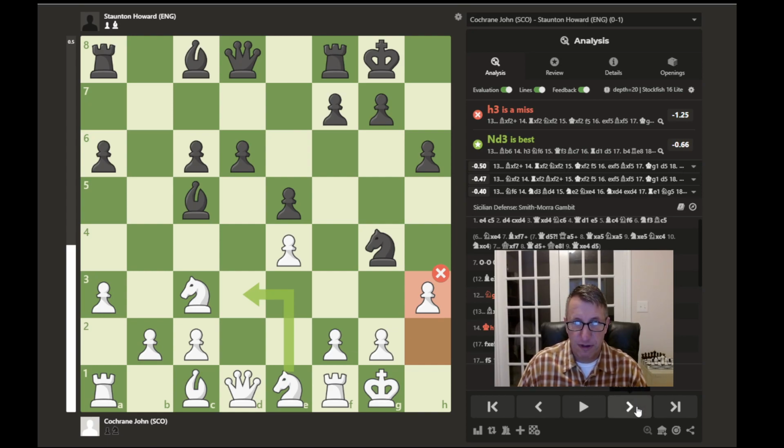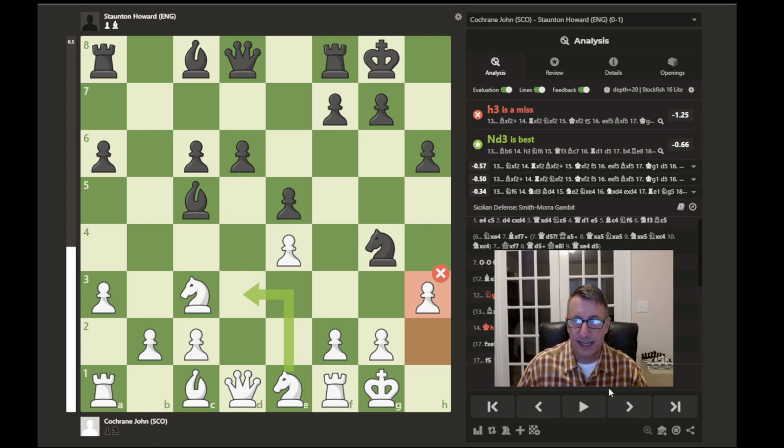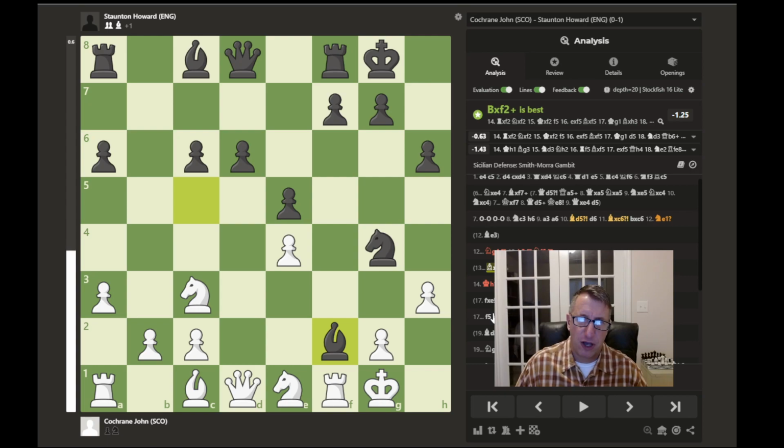So, after this h3 move, here we have a retreat of this knight. But now to Staunton, who should have played something different. The computer prefers, instead of retreating with that knight, it looks like just capturing with the bishop would have been better. Now, normally, you don't want to give up a knight and a bishop for a rook and a pawn,